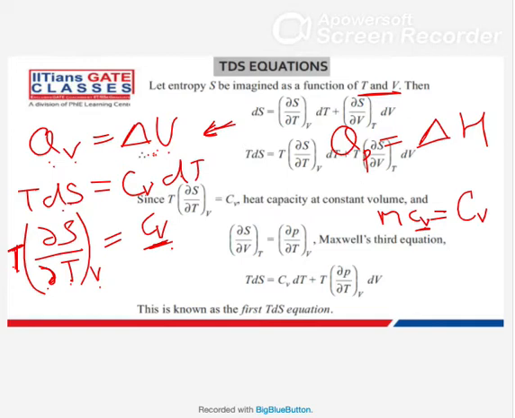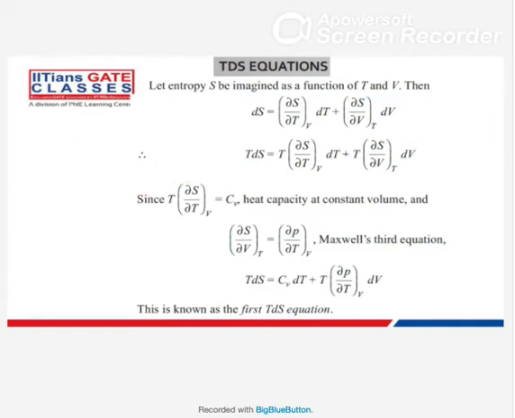Now, similarly we can write for this also. Okay, next slide. Anyway, we have to see that particular equation. So next slide we'll see. But this TdS equation is this, the first TdS equation, which is TdS equals CV dT